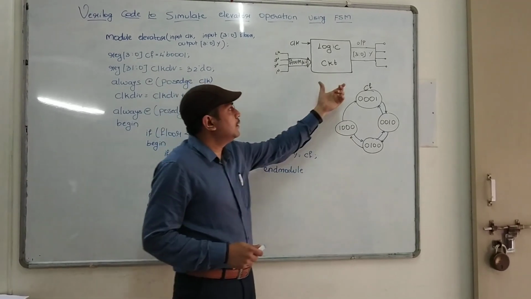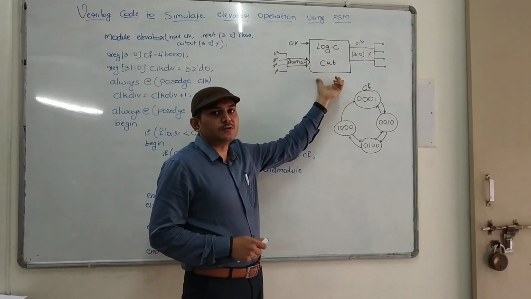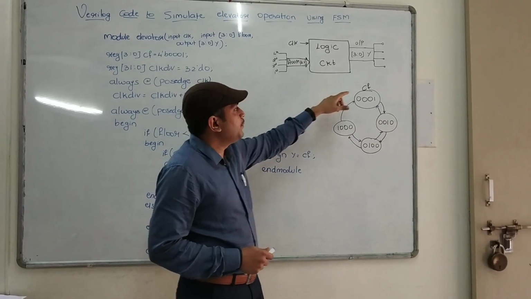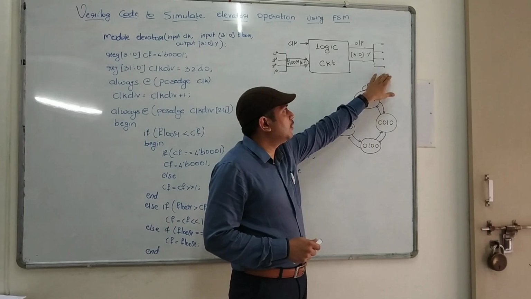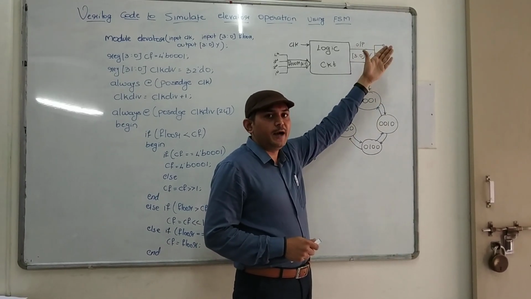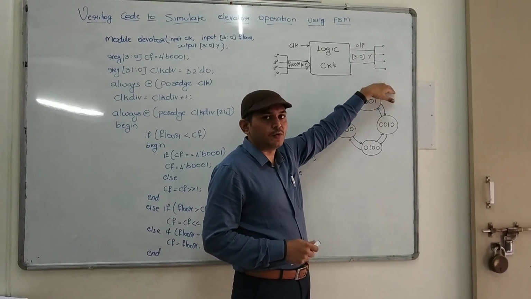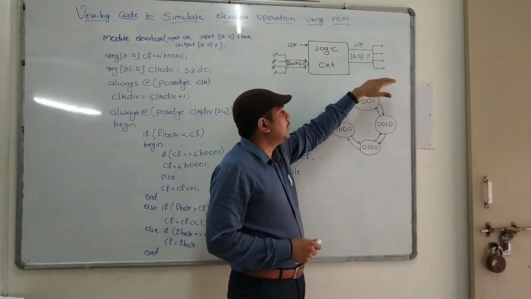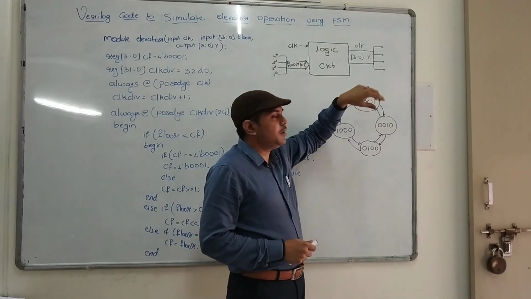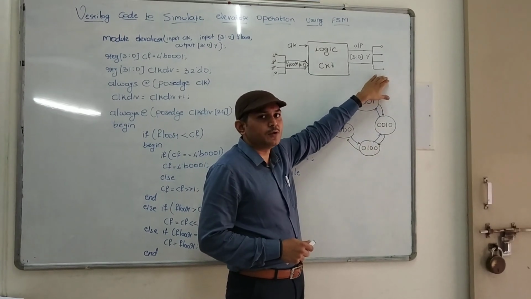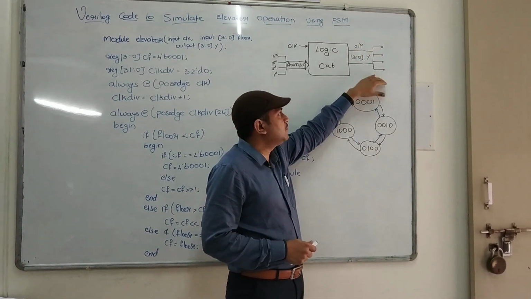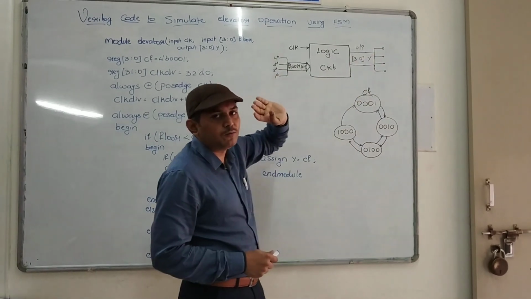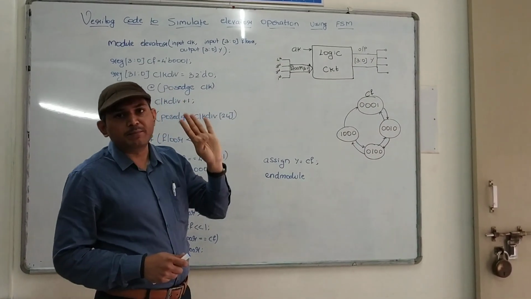So the task here is to design this logic circuit, which helps us to move the elevator from ground floor to the other floors and back from the other floors to the ground floor. Ground floor is our default floor. In this example I am calling this ground floor the first floor, so that numbering will be easier. First floor, second floor, third floor, and fourth floor. So I have named like that. Fourth floor example I am taking.